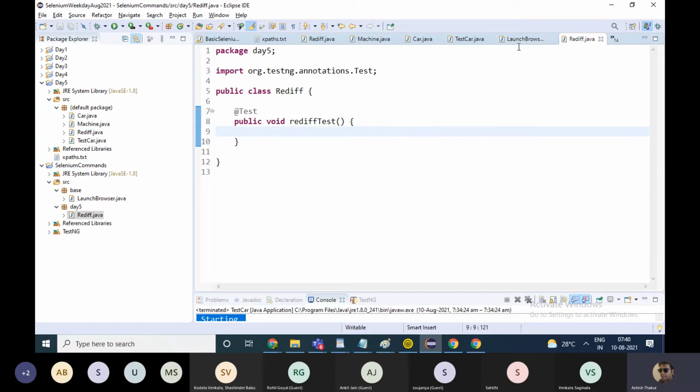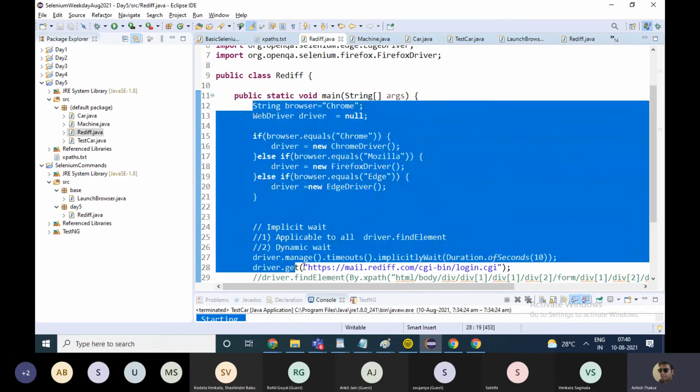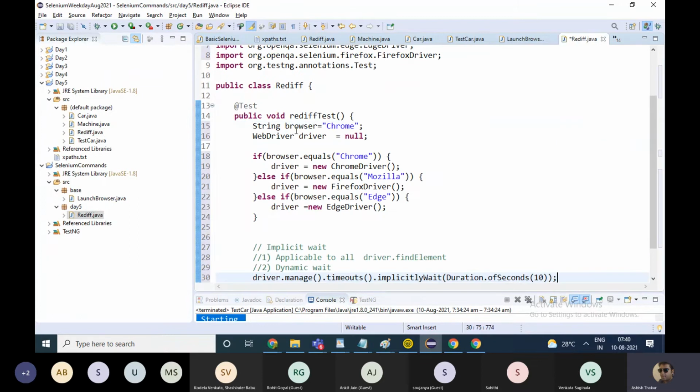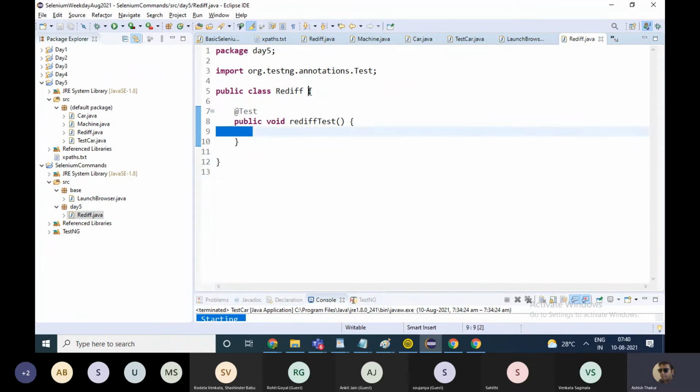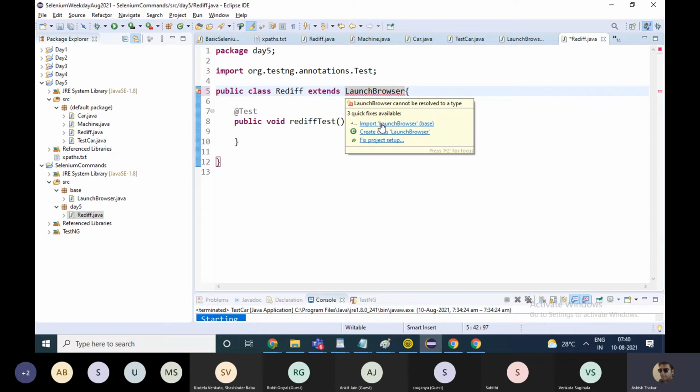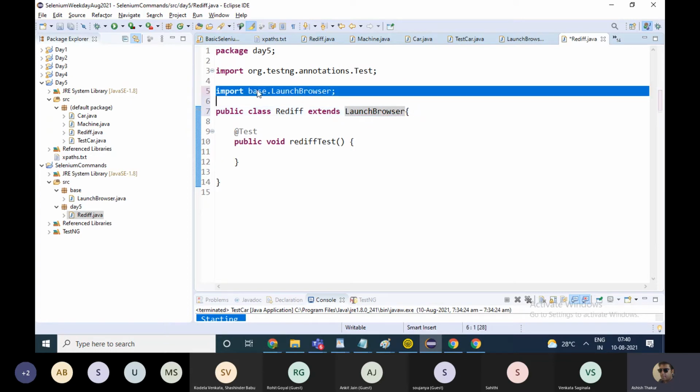And you know what we had been doing was that we had been copying this piece of code everywhere and writing it. So we'll not do this. This class will extend the launch browser class. Okay, you will have to import it from the base package.